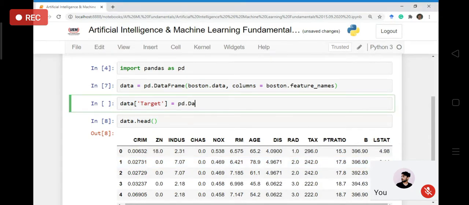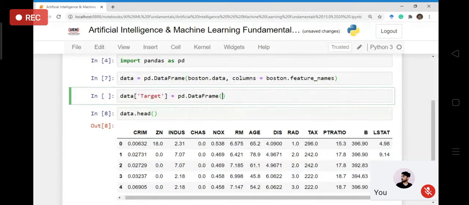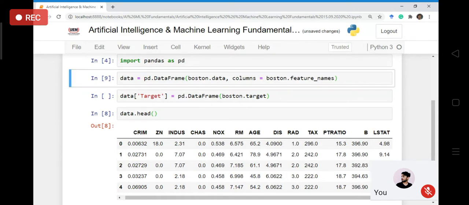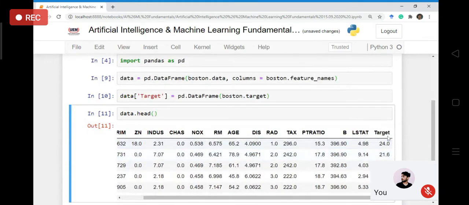And here I'll be writing data frame. If I want to add any column to a data frame object, I have to add it to the data frame object itself. Okay. And the target variable can be accessed using this target member of the Boston type object. So basically it is a set of values which I want to add as a column in this data frame data. That is what I am doing over here. So let's run it afresh. So now you can see that this extra column has appeared over here, and that is the target.